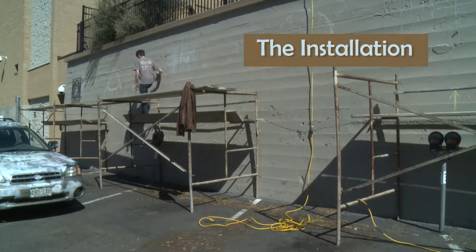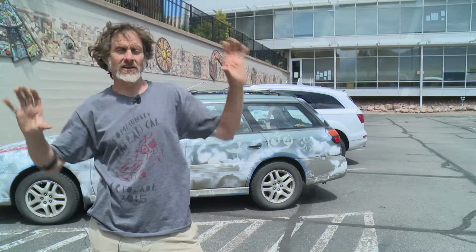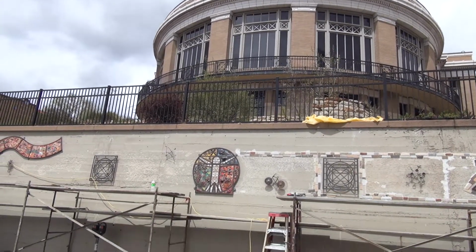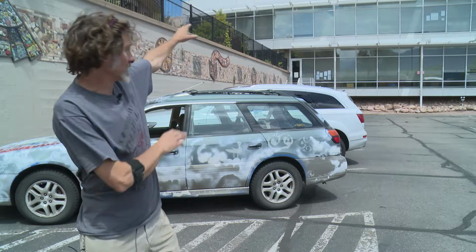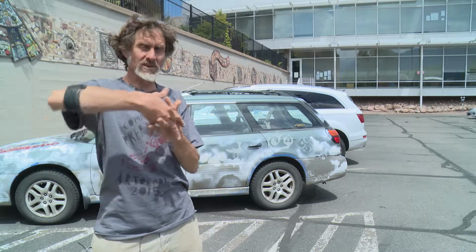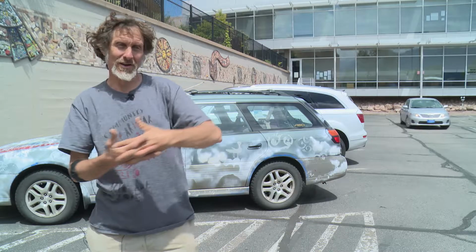When we designed the mural for the wall, we really wanted it to fit in with the architectural presence of this site. And so one of the main influences, the Carnegie Library. But also the garden below it, the fence, the Knights of Columbus Hall, the modern Penrose with the glass and the metal. And we wanted to make something that would be simpatico with all those different